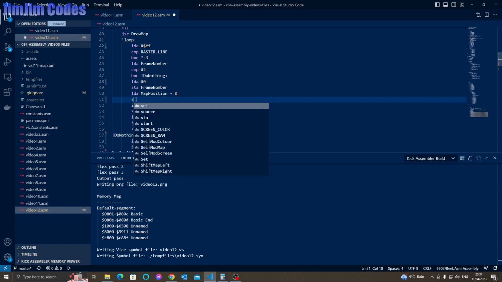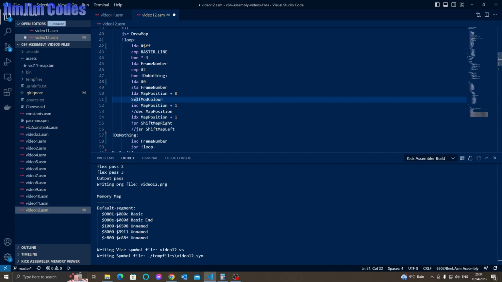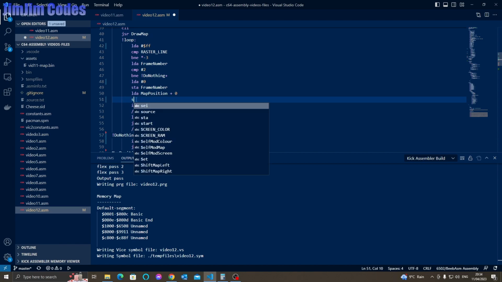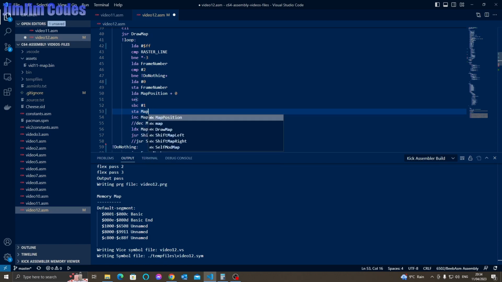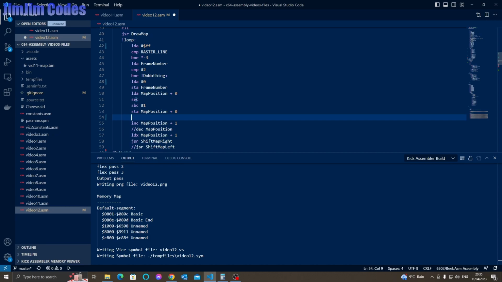set the carry flag because we're going to do subtraction. It does that. Set the carry flag there. Subtract with carry 1. Okay. And we'll store it back. That's not. Right. Okay. So,